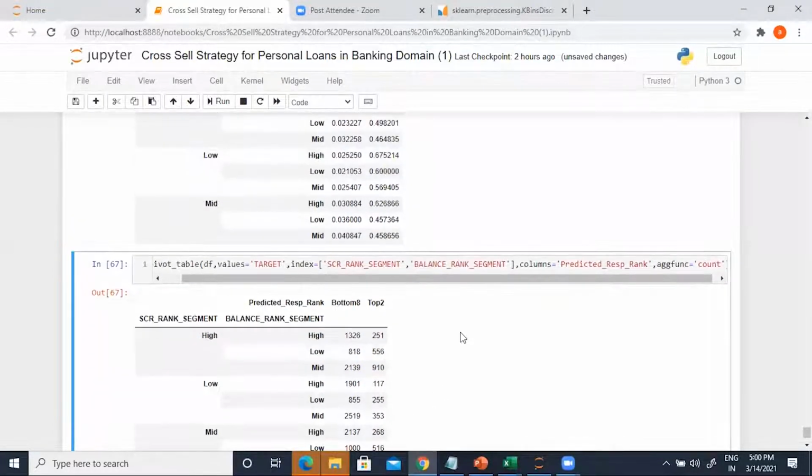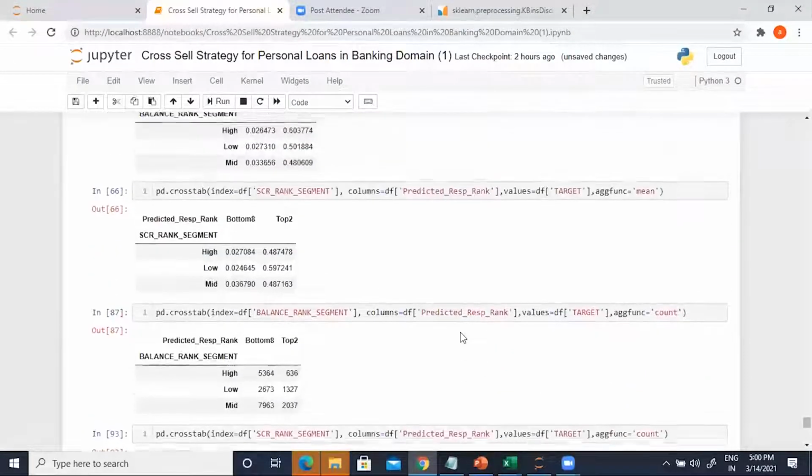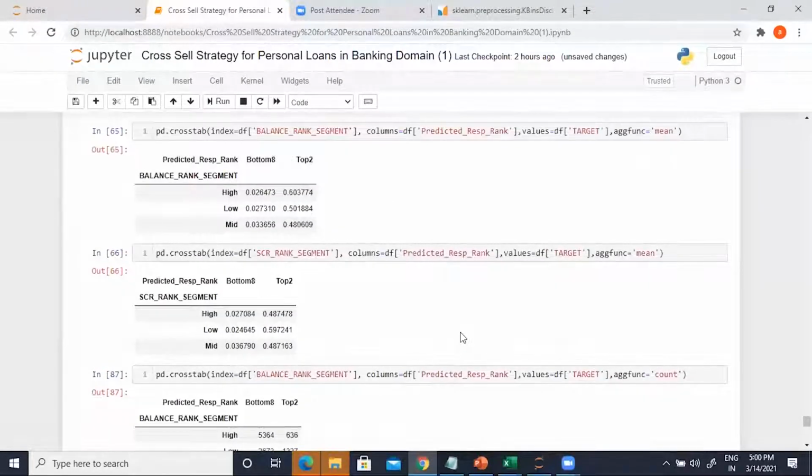But yeah, that brings me to the end of the conversation about cross-sell strategy for personal loans. We are right on time. And we've not only built a model, but we've been able to create a storyline based on the model performance. I would pause here to see if you have any final questions before we close for today. If there are any follow-up questions, please do not hesitate to reach out to me.